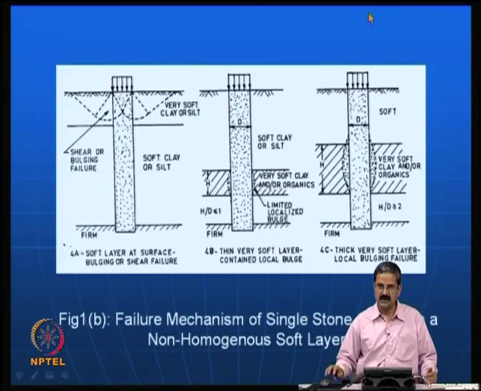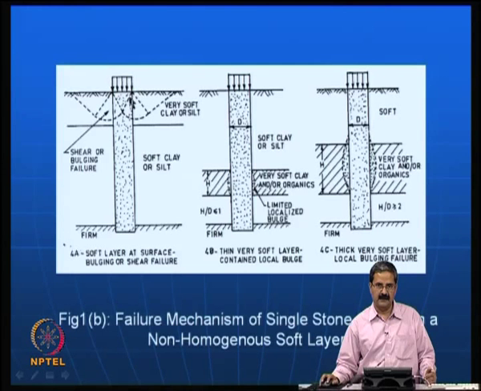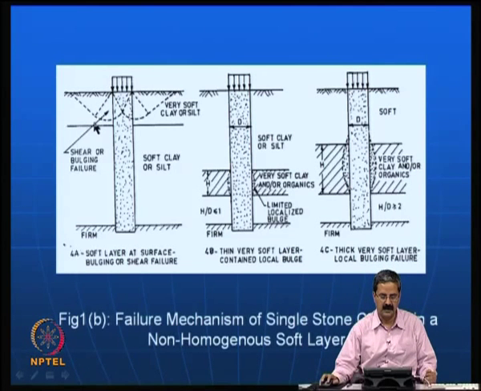In fact, the IS code also highlights that if you have a soft soil and then a somewhat stiffer soil, the stone column may not be completely effective, and you may have shear planes going like this. If the shear resistance is not sufficient, then a bearing capacity failure is likely to occur. So, possibly we should look at this point, maybe go for an increased diameter here or something. It is very important to understand that these are crucial issues.